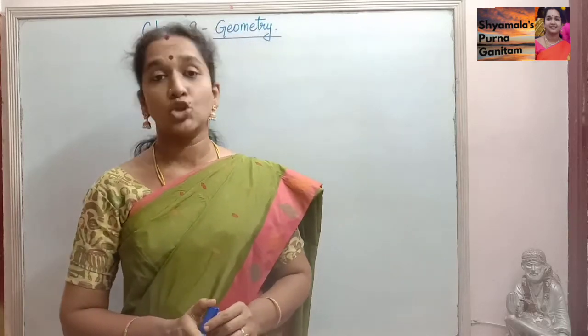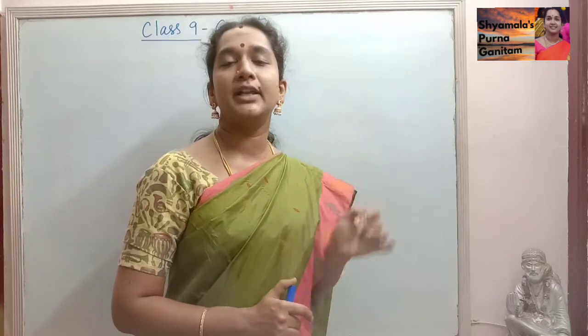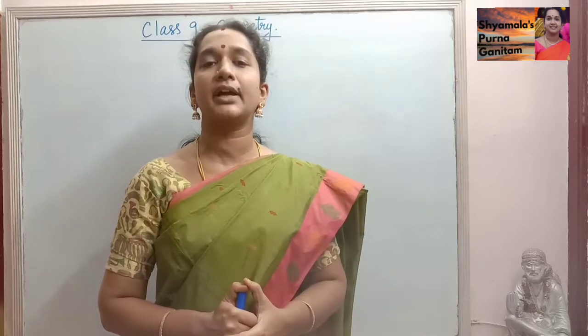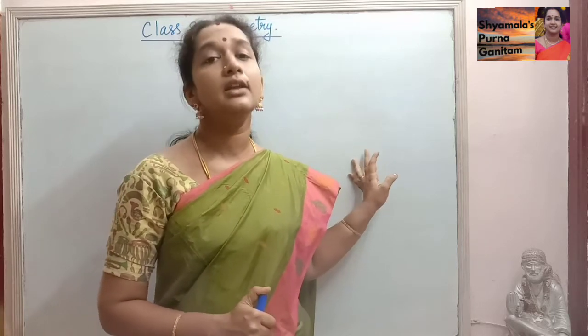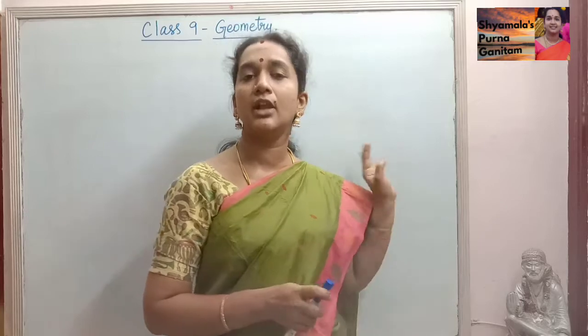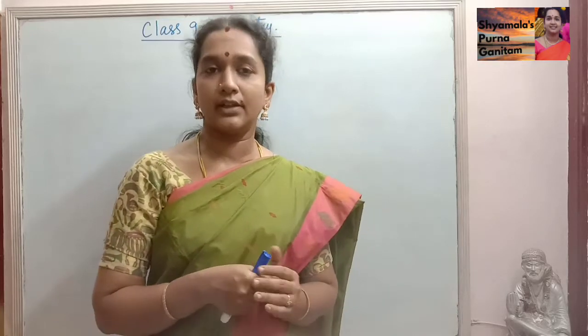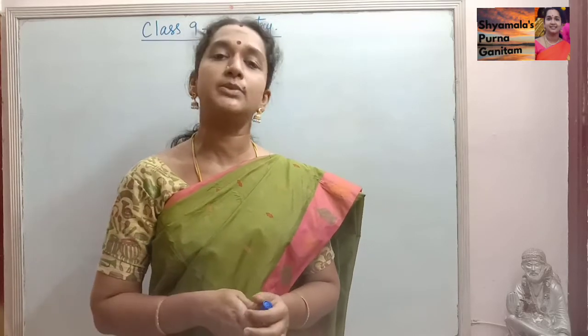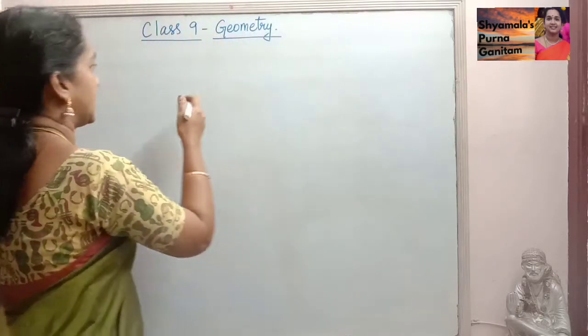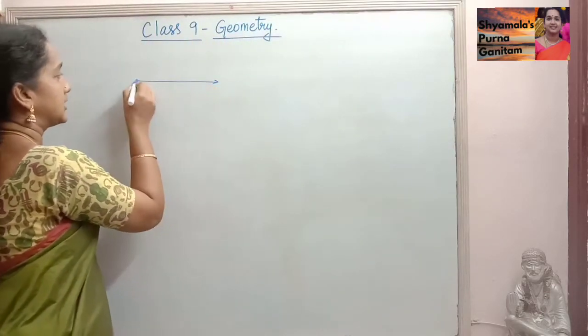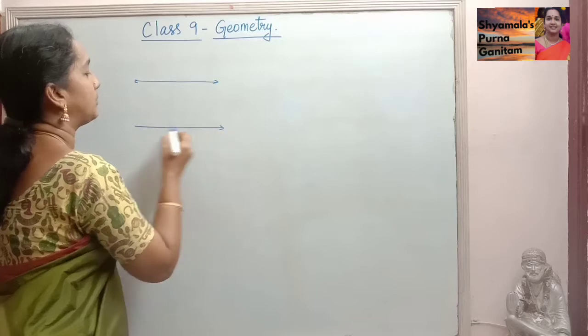4th chapter, geometry. So already I have completed 3 chapters, till algebra I have completed. In geometry, part 1 introduction I have given. Now, second part I will give the introduction part, and in the next class onwards we will do exercise sums. So the next thing is parallel lines. So in types of lines, we will have parallel lines.